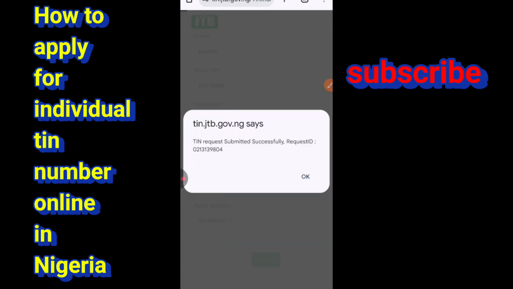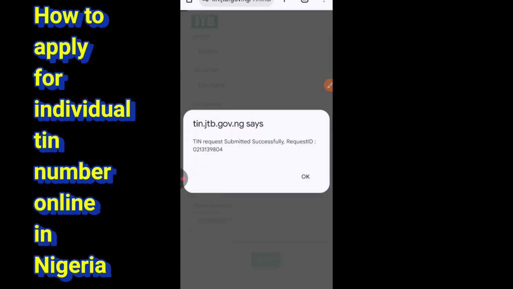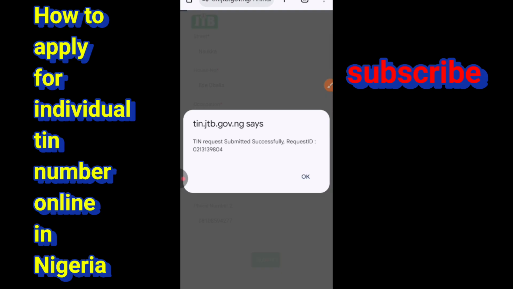Now they said the TIN request was submitted successfully. This is my ID. So I'm going to be checking my email. It can take 2 days, up to 72 hours for them to reply to me. So I'm going to receive it